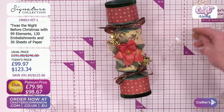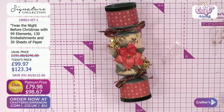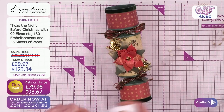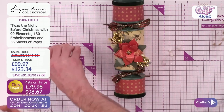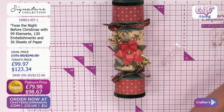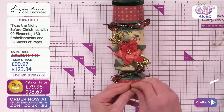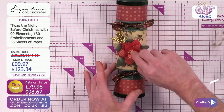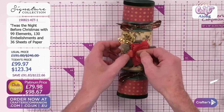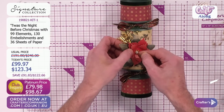I've got a little gem, or a little pearl, and I'm going to use, once again, my tacky glue for this, simply because if I try and put a tiny bit of hot glue in the middle there, I probably will burn myself. So I'm going to go in with one pearl, just a clear pearl from Hunky Dory. Pop that one in. And then that is going to at least be our cracker that you can see